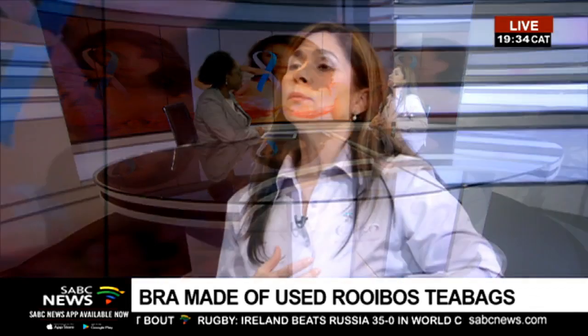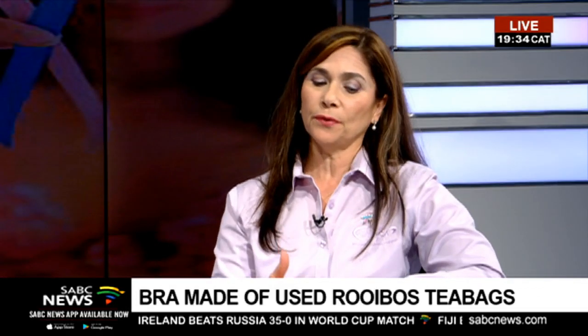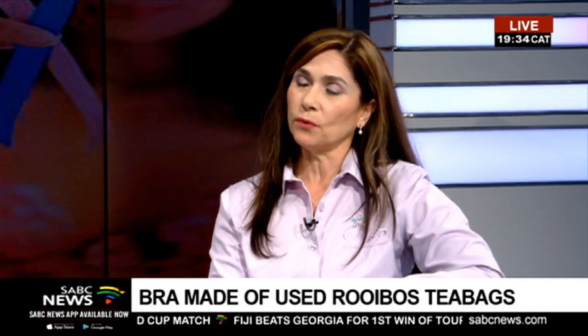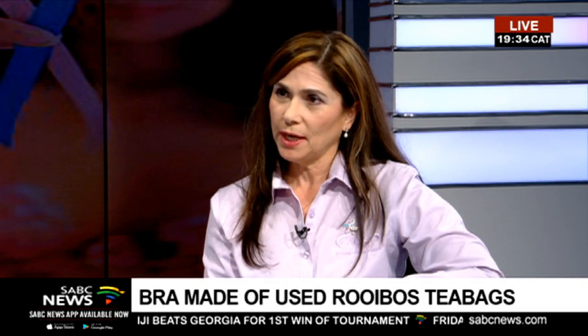Well, it's got cancer-fighting properties. Inflammation is a leading cause of cancer, so the properties in the Rooibos tea help to fight that off. But I think the bra is also a symbol for women,